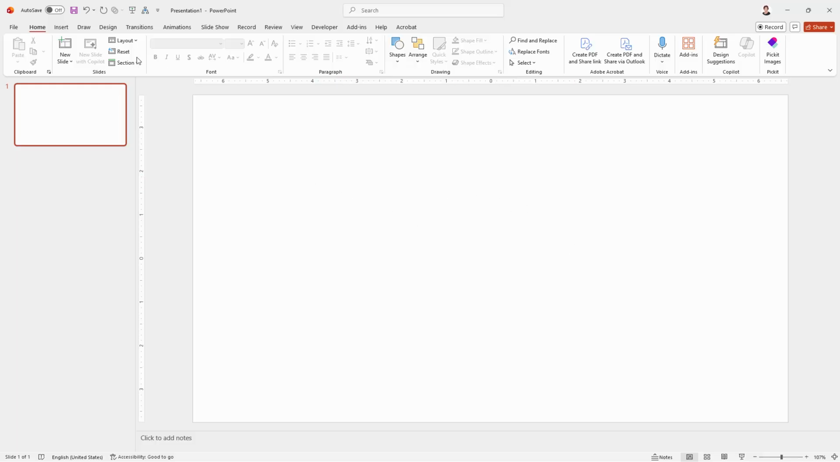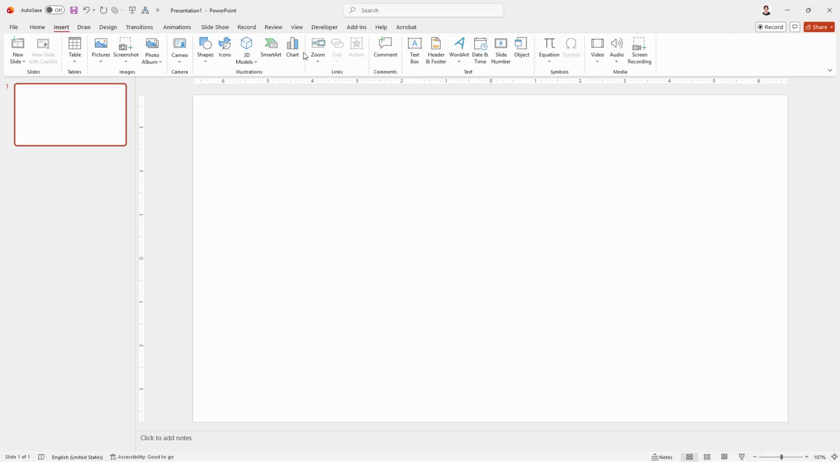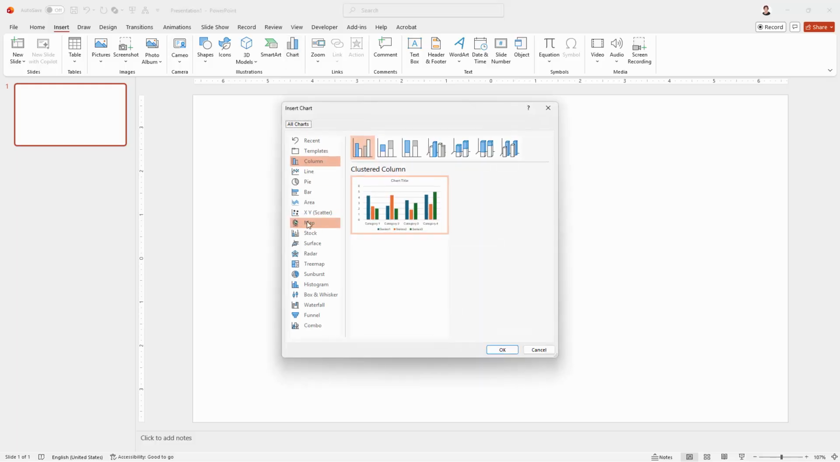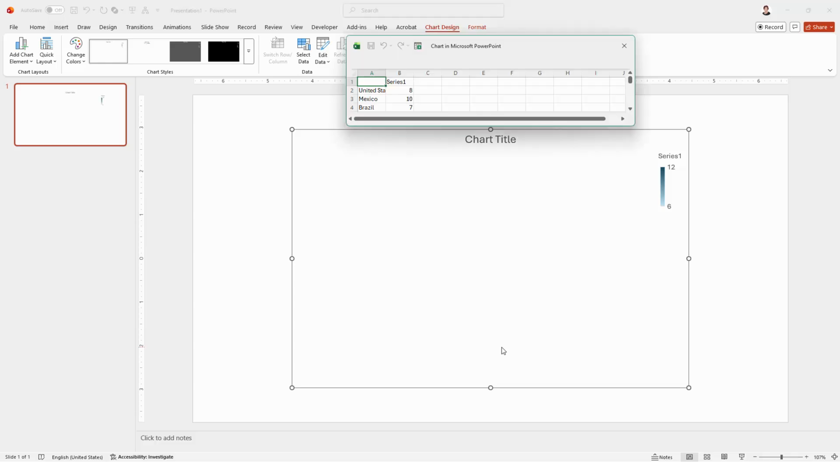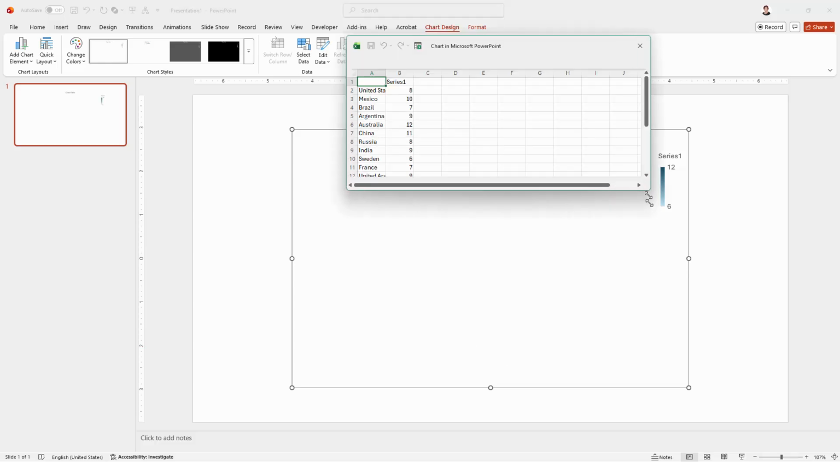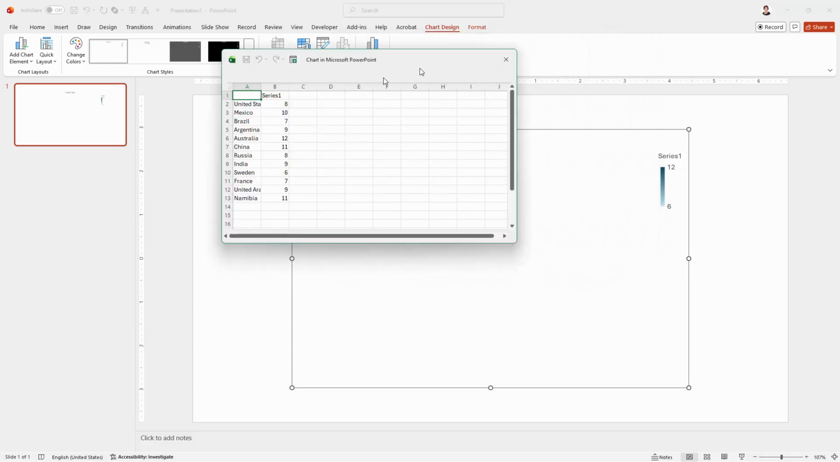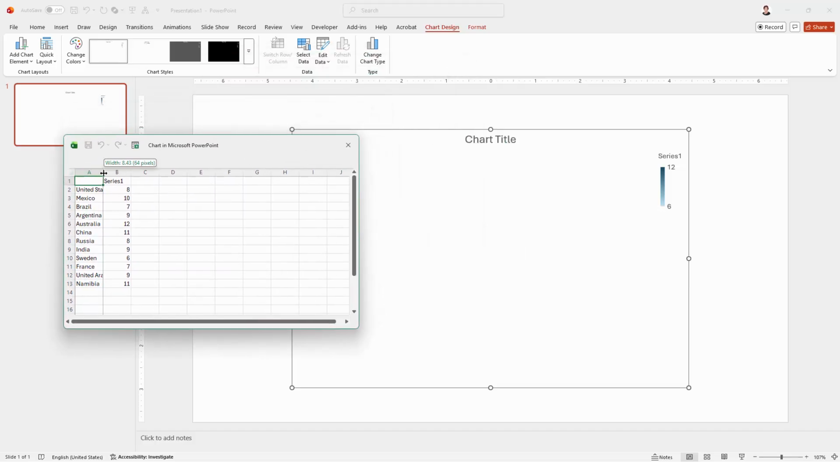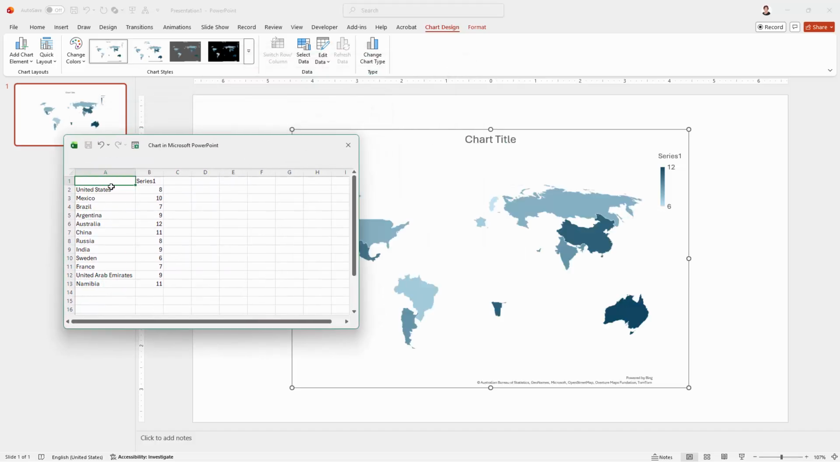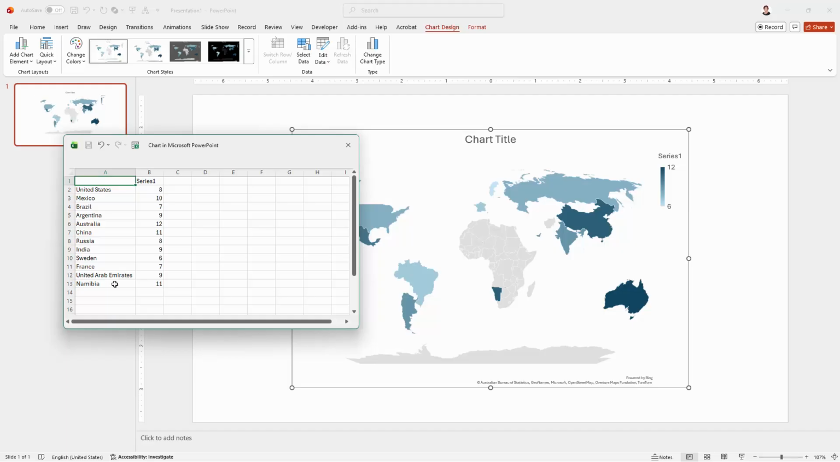Changing the layout to be blank, I'm going to insert and then I'm going here to chart and we're going to come down here to maps. I'm just going to click on that and click OK. And you're just going to wait while PowerPoint actually creates the chart for you. It comes with a selection of basic sort of default data, if you like,